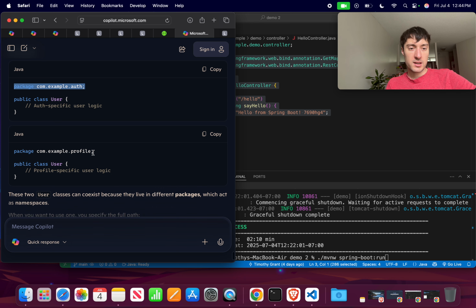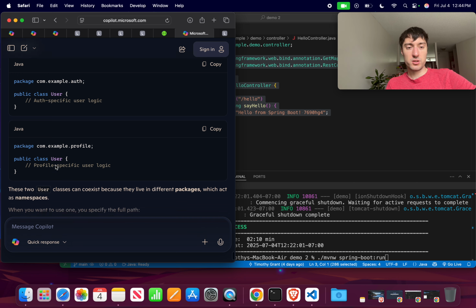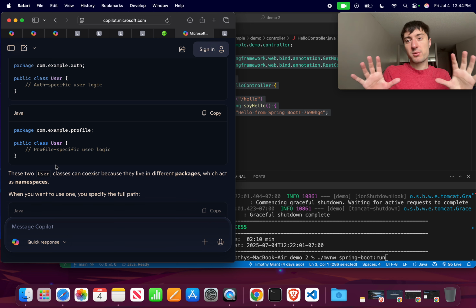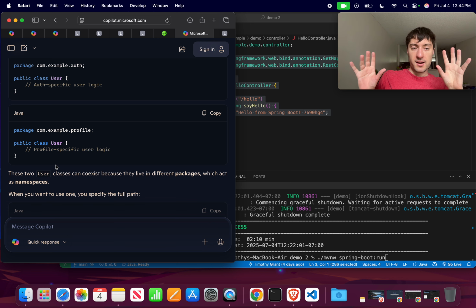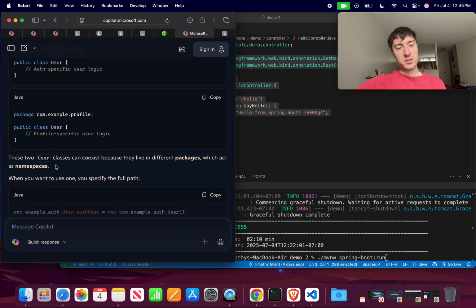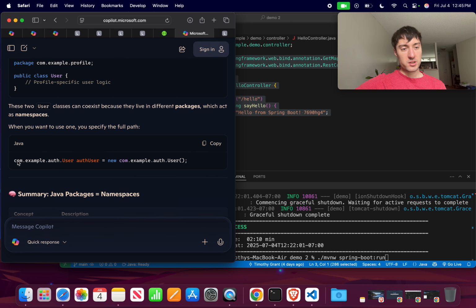But then in this profile namespace, this profile world, right, I have another class called user. And both of those users live in separate worlds and have different functions and variables, etc. Okay. These two user classes can coexist because they live in different packages, which act as namespaces. Okay, so